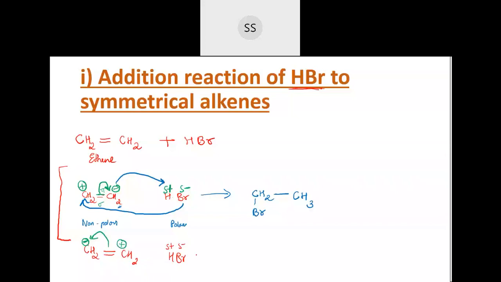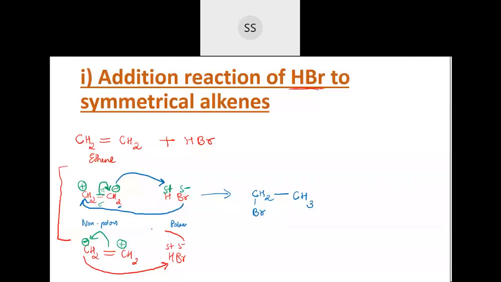Because HBr can come from any side, no, it can come from this side, it can come from that side. So electron density can go anywhere because it's a three-dimensional molecule. So the minus charge can be on this carbon or it can be on the other carbon. So we will take both possibilities. If I take both possibilities and then add them up, now this negative carbon will take this H plus, and this minus Br will go towards the plus. See the arrow mark which I have put.